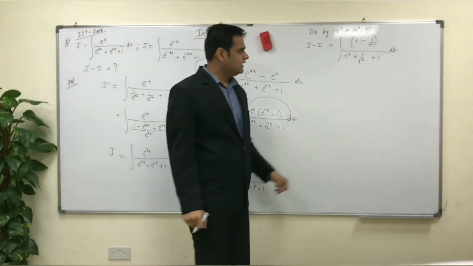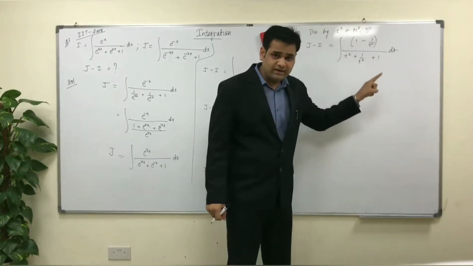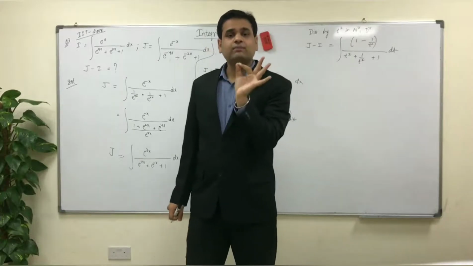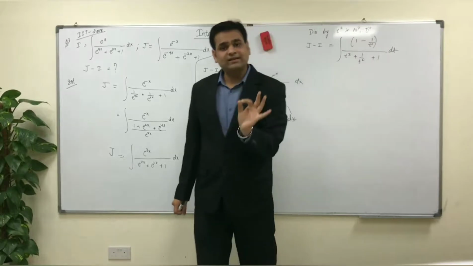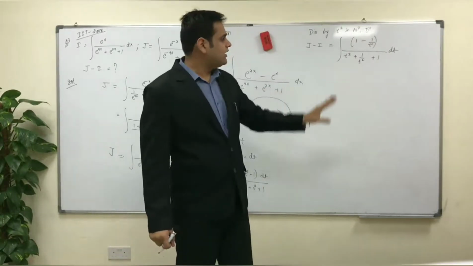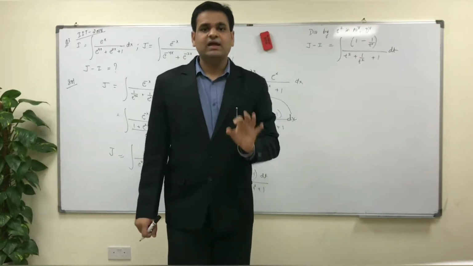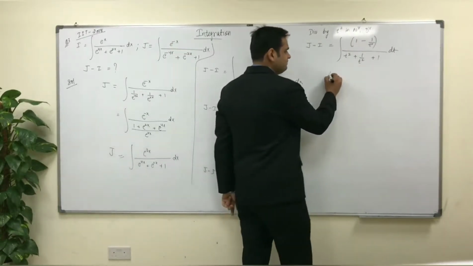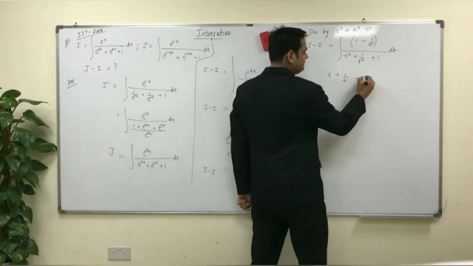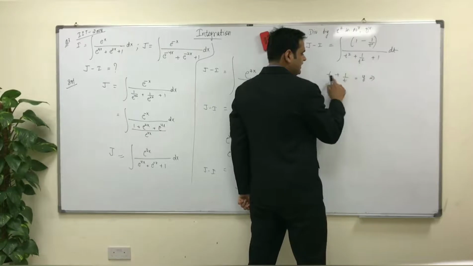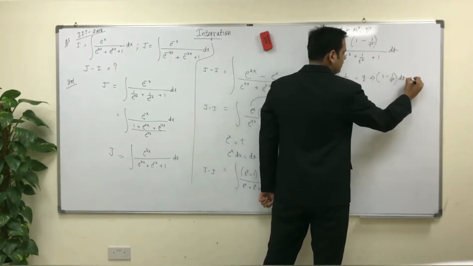Now if you see over here, we have t minus 1 by t whole square. Whenever you have 1 minus 1 by t square, you will take the term t plus 1 by t. If you have 1 plus 1 by t square, you will take the term t minus 1 by t. Now in this particular question, we have 1 minus 1 by t square, so I will take a term which is t plus 1 by t. See, if I differentiate this, let's say this is y. If I differentiate this, what will we get? It will be 1 minus 1 by t square dt equal to dy.